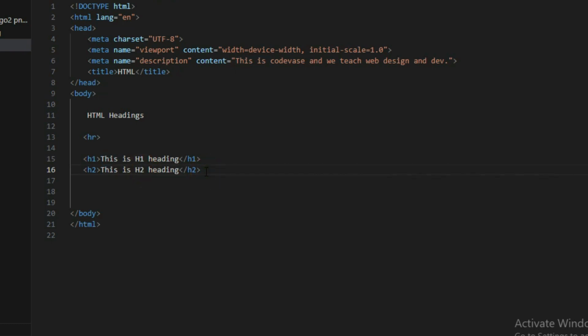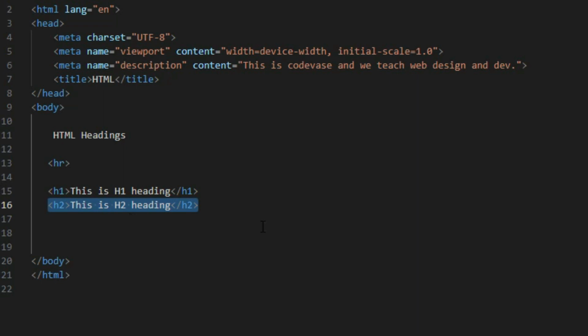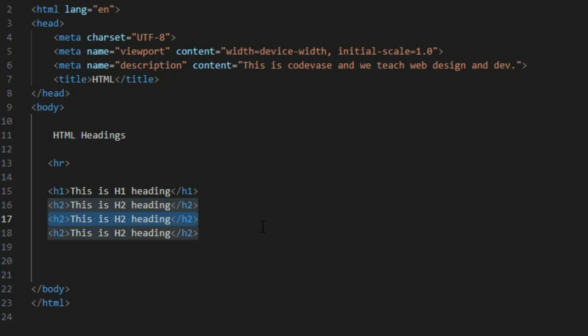If you want to duplicate this without highlighting it, I've said it already before. You can copy, or you can just come here. Make sure your cursor is on the line you want to duplicate, or you can highlight it. Once you have highlighted it, use Shift plus Alt and the arrow key. Shift Alt arrow key down will duplicate it down, and Shift Alt arrow key up will duplicate it up. So that's it. Still, this one you can change to H3,